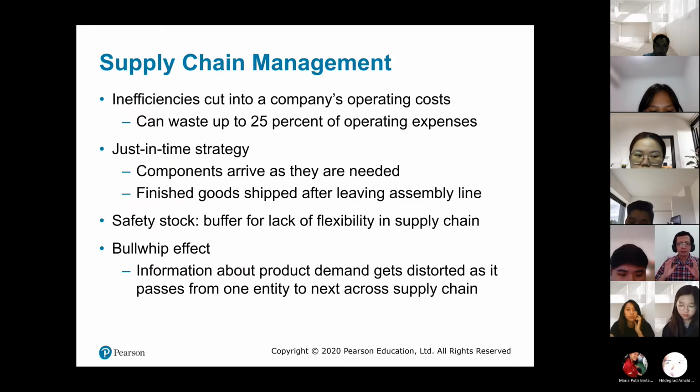Okay, so inefficiency in supply chain can waste up to 25% of operating expenses. That's quite a big number.